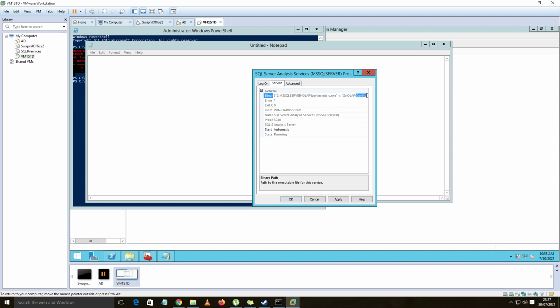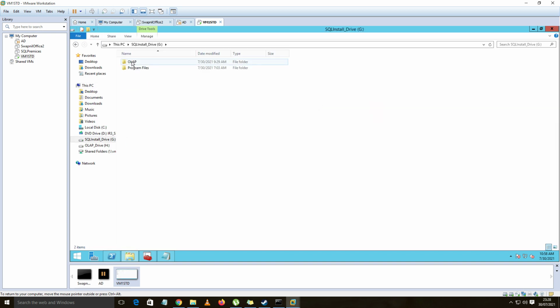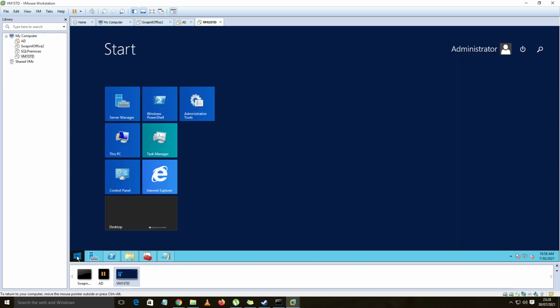So in this example video we'll see how to move the config folder and bring the services online without any issue. So let's do that. Here you can see it's located on G drive. This is the lab server, so all SQL Analysis Services are located on G drive.